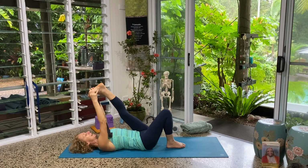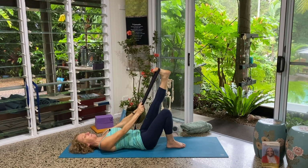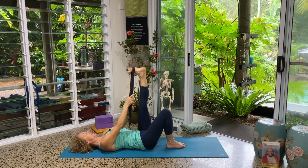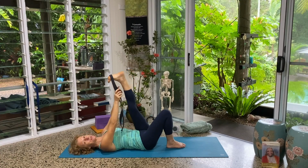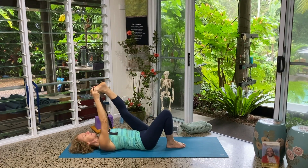And I should say at this stage that comparison is the thief of happiness. It doesn't matter whether you're holding your foot or holding your strap. The point is that you're here with me. You're doing something for yourself and you're checking in. Doesn't matter what the reason you're doing yoga, doesn't matter what brings you to the mat. You're here, taking time, breathing in